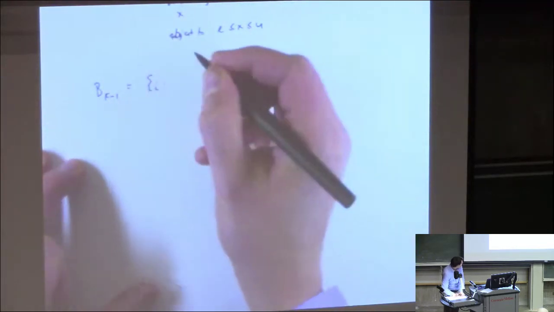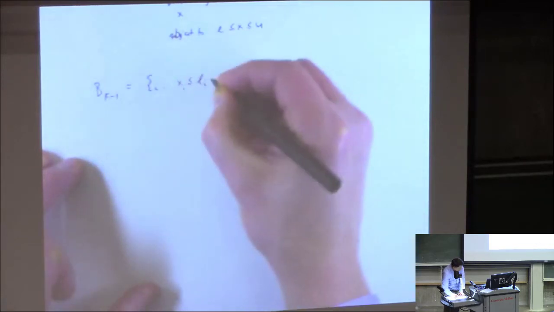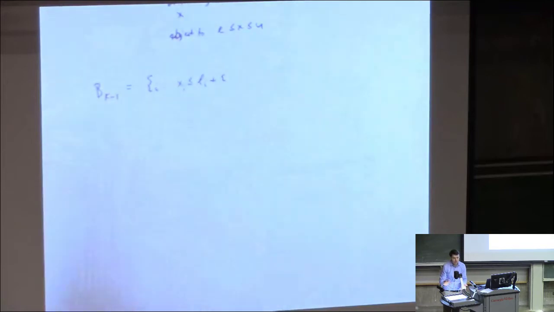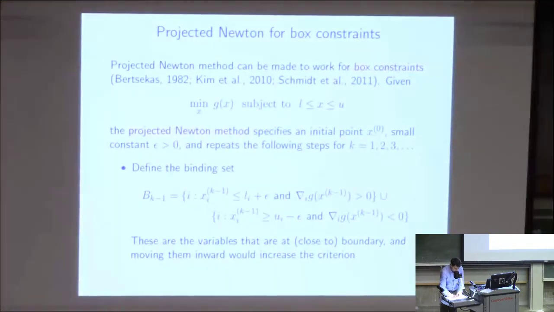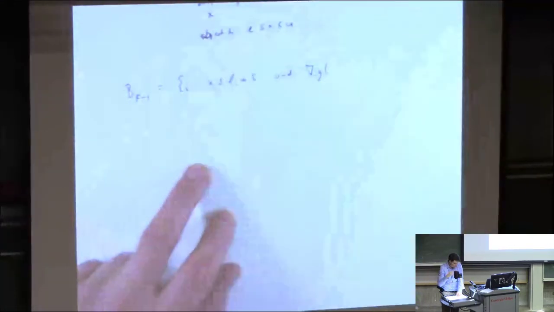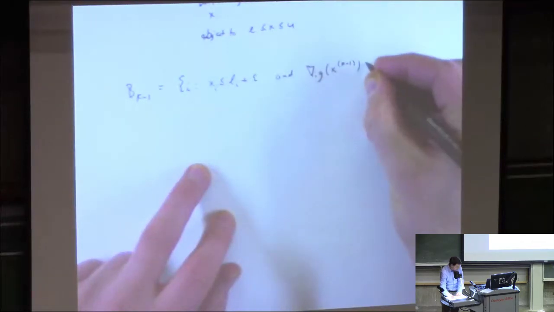So what that means is the bound variables at this time, k minus 1, equals the set of all i such that, first of all, x_i is less than l_i plus epsilon. Epsilon is just some small number, and you actually use something like 10 to the negative 8 when you implement this. So the value is at the lower bound, and the i-th element of the gradient, in other words, the direction we would want to go to make the function smaller, or the negative of it,